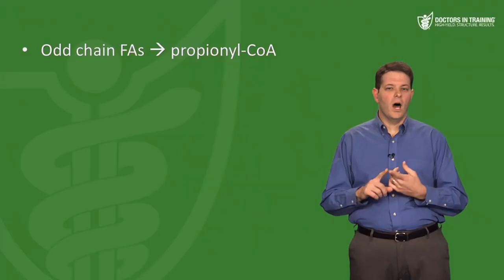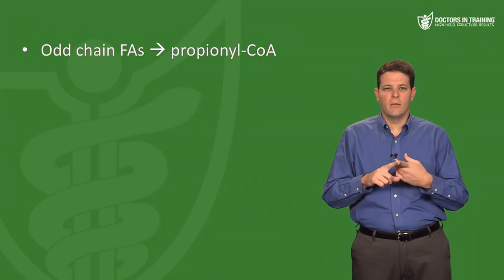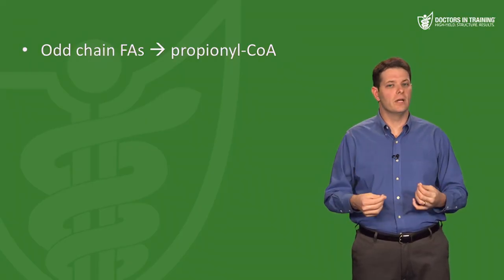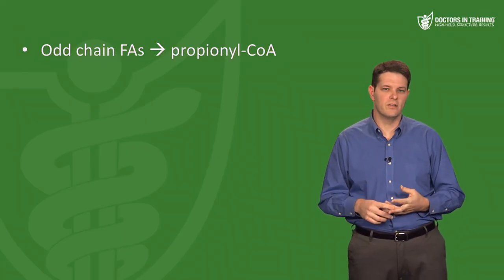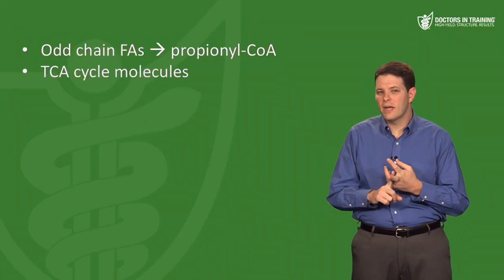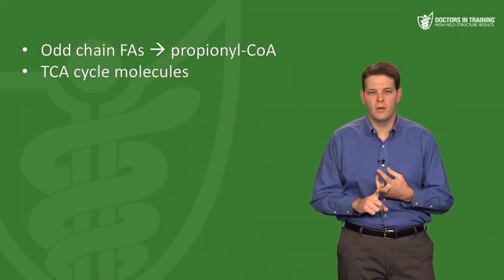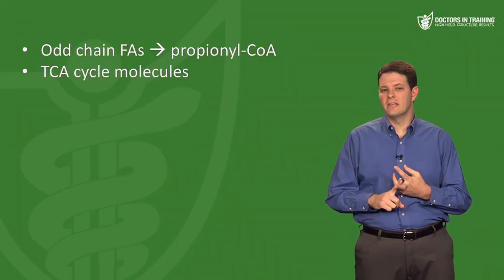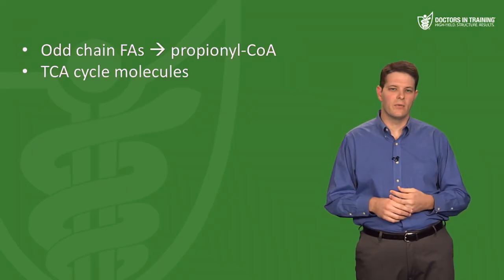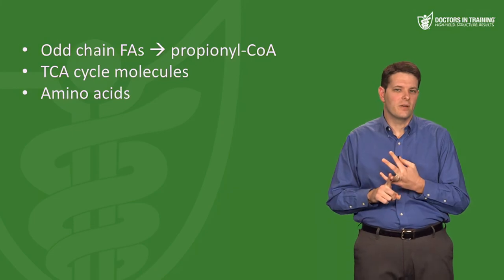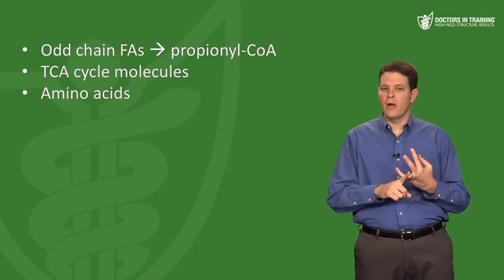So you have odd-chain fatty acids that generate propionyl-CoA, and that propionyl-CoA can ultimately be converted to pyruvate, which can then be used for gluconeogenesis. A lot of your TCA cycle molecules can be converted to pyruvate and used in gluconeogenesis. Some of these molecules can be converted to oxaloacetate, which can then enter this gluconeogenesis pathway. Also, some amino acids can be converted to TCA cycle substrates, or to oxaloacetate or to pyruvate, which can then